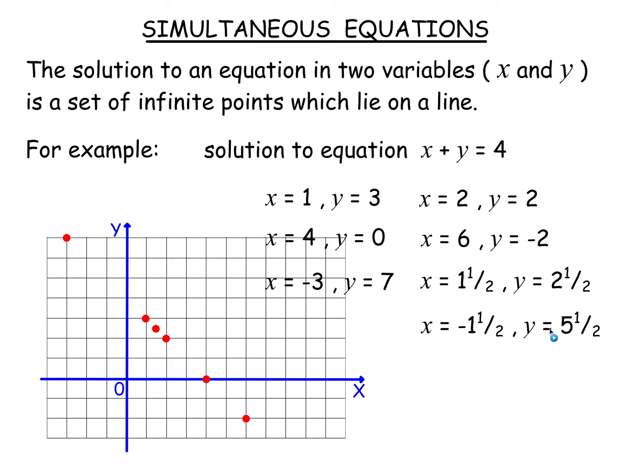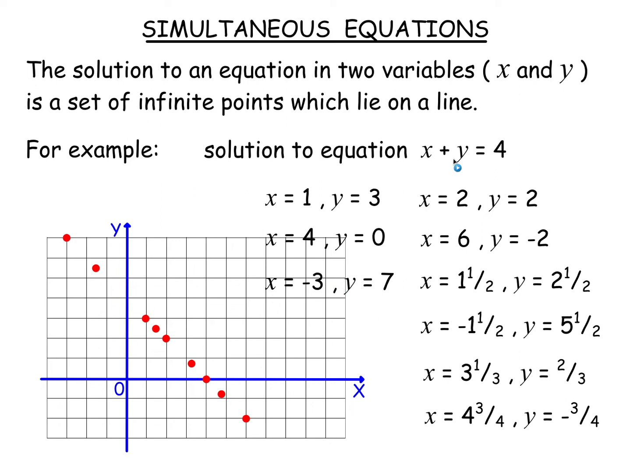X equals -1.5 and y 5.5. They add to make 4. There's that point plotted. X equals 3 1/3, y equals 2/3. That works, they add to make 4. There's that point plotted there. X equals 4 3/4, y equals -3/4. They add to make 4. There's that point plotted. Now, what should be obvious is there's infinite solutions here, infinite pairs of x and y